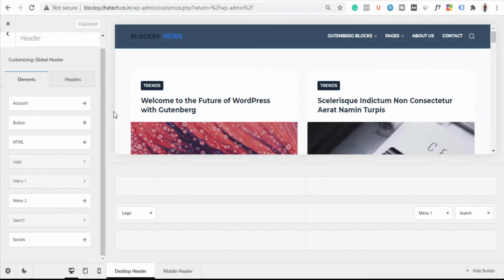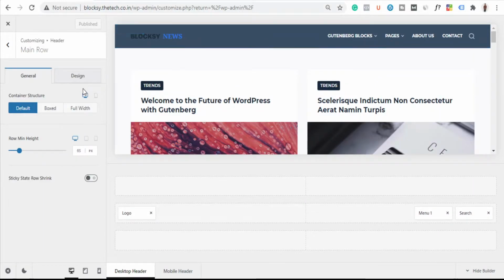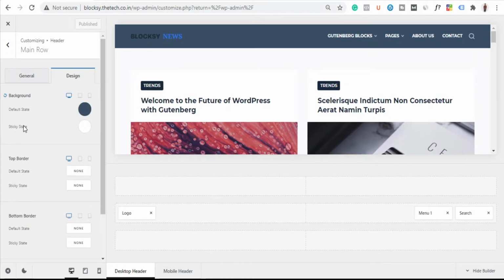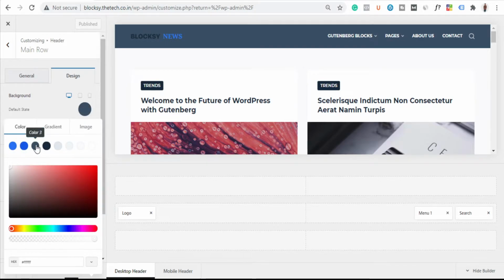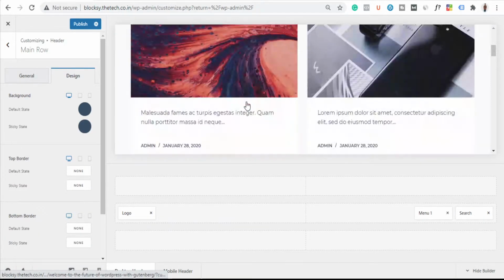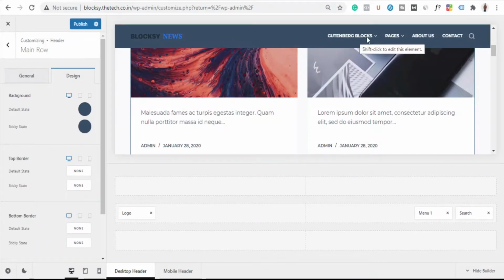Okay, and let's go to this main menu here, and let's go to design, and you can see here we have a sticky state. So here we can just click over here and choose color 3, so that now if we scroll it, see, the color remains the same. And let's publish it.